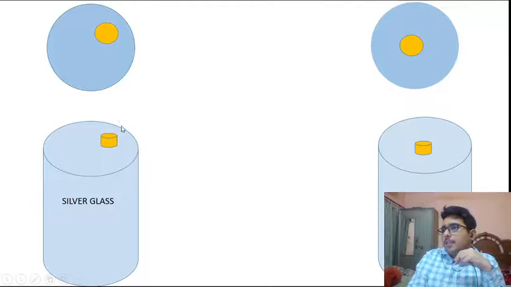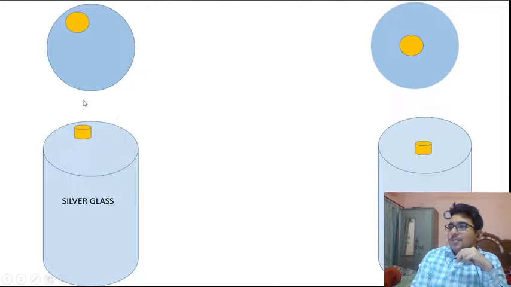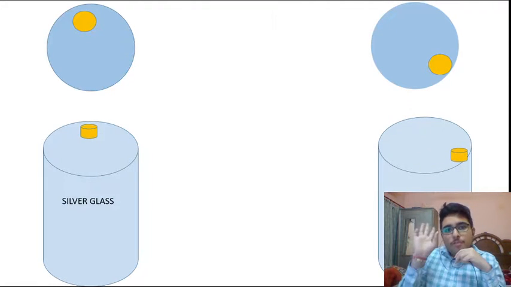Now the glass is moving a bit slowly, but things will obviously move faster in reality. So this is what will happen in a silver glass, and they will not touch the brim here. I forgot to include this point here. So they will not touch the brim in reality. But let's see what happens in an ordinary glass. The moment I release the cap, see, it will go and stick at one point. It will not move from there.